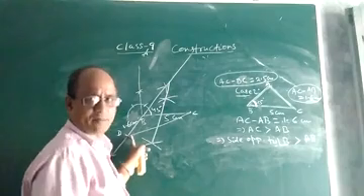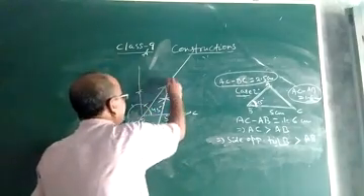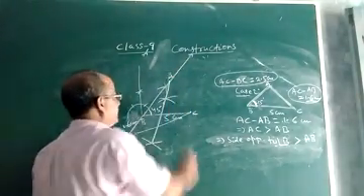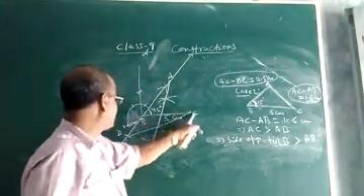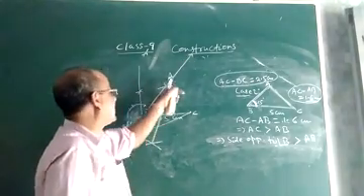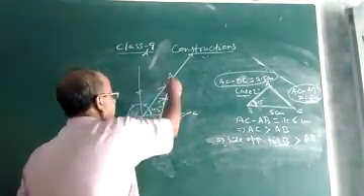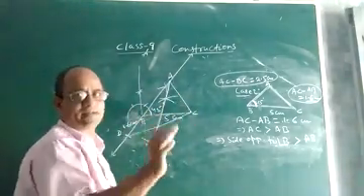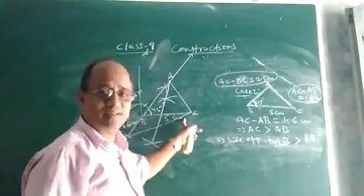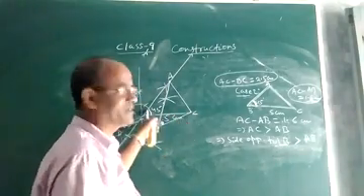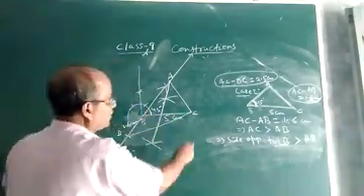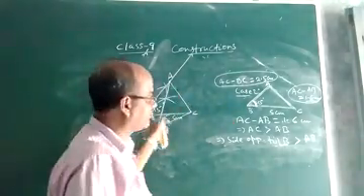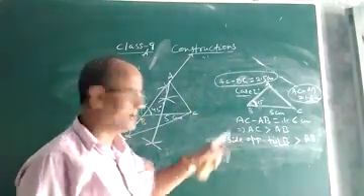If you draw the perpendicular bisector of CD, it will intersect this ray at some point. So name it A. Now you join A and C. So ABC will be the required triangle whose BC is 5 cm, angle B is 45 degrees, and the difference of AC and AB will be equal to BD.